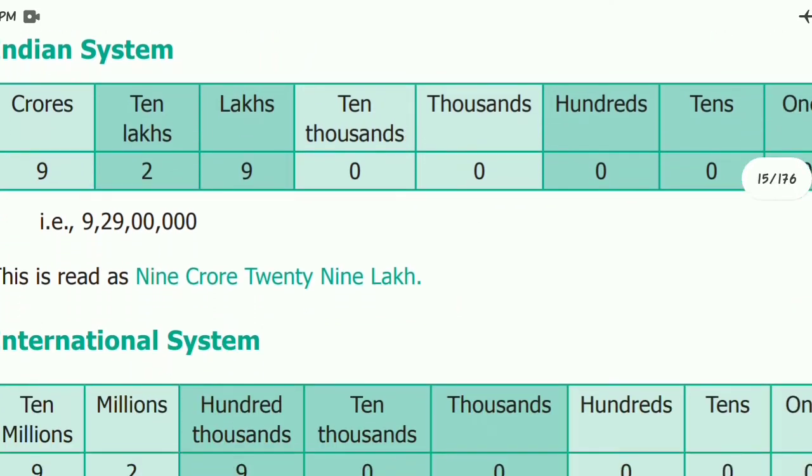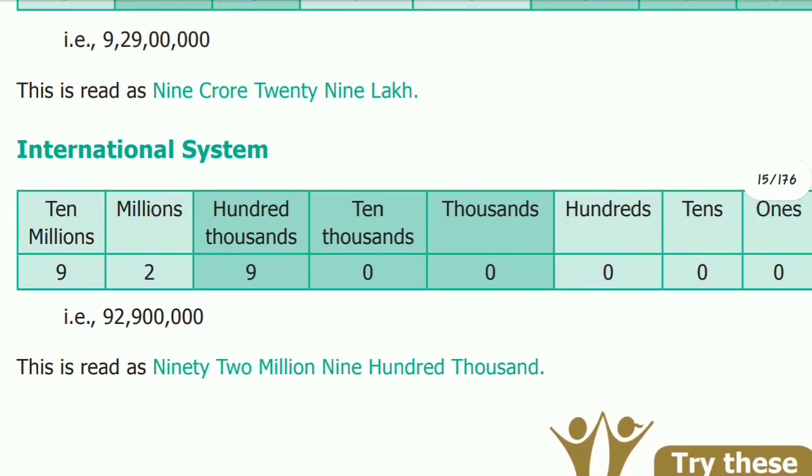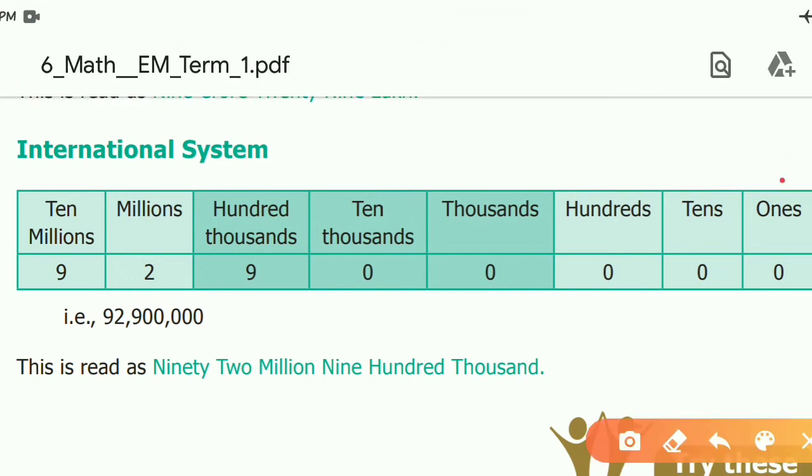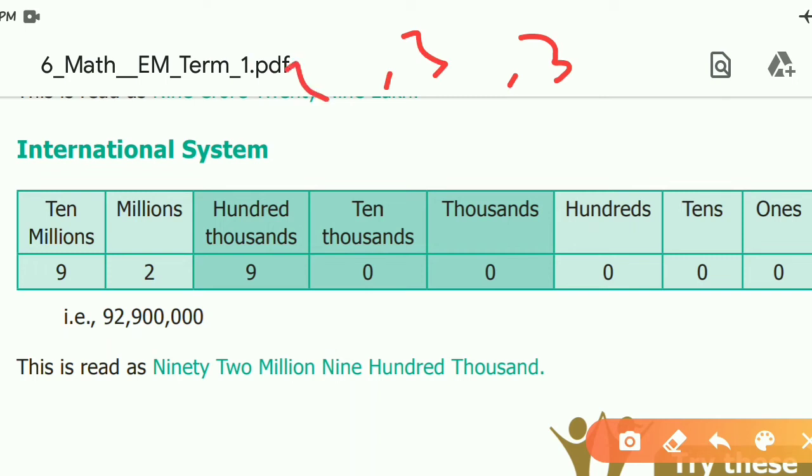Next, international number system. We write the same number in the international number system format. So write the place values of the international number system: ones, tens, hundred, thousand, 10,000, 100,000, million, 10 million, and write the given number in corresponding places: 0, 0, 0, 0, 0, 9, 2, 9. In the international number system, commas are put in the order 3, 3, 3, 3. First period is ones, tens, hundred. Afterwards, here put first period and second period, and this is the last.